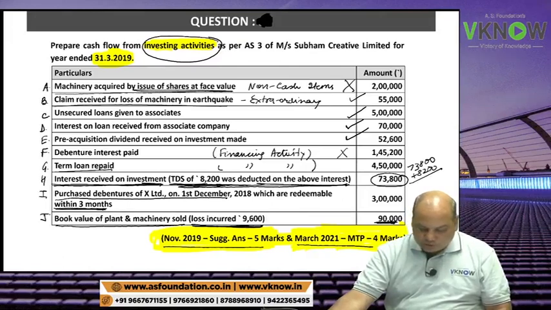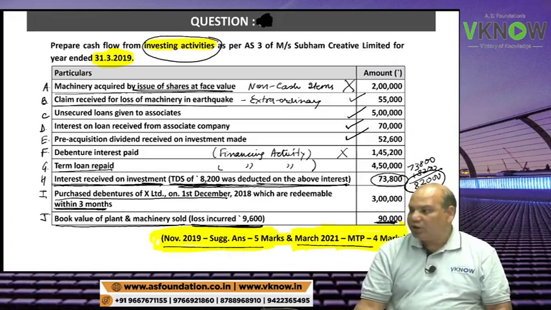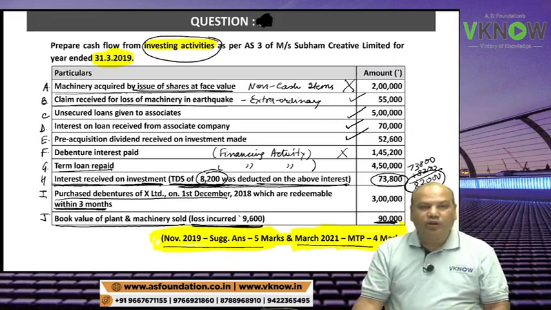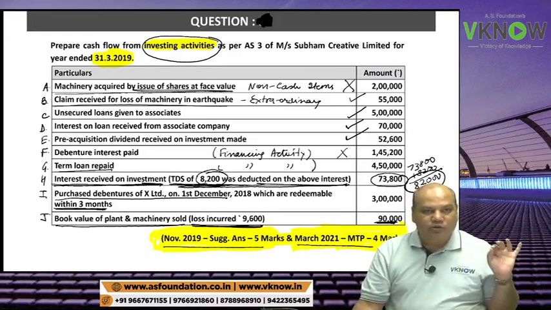So gross interest received will be 82,000. So 82,000 will be interest received and 8,200 will be tax paid. So I will write separately interest received 82,000, tax on interest paid